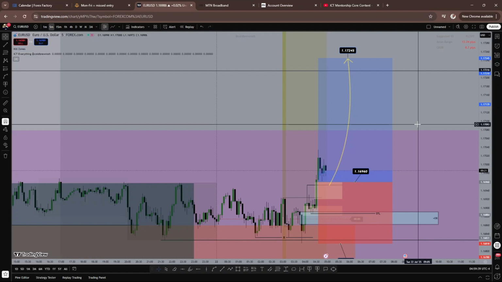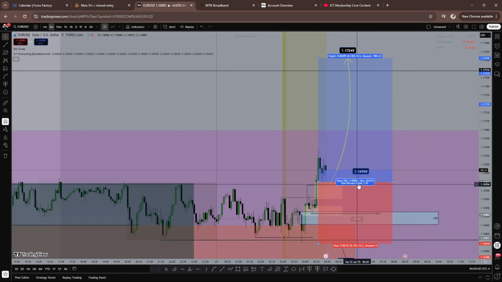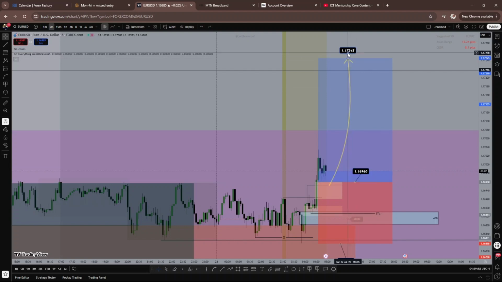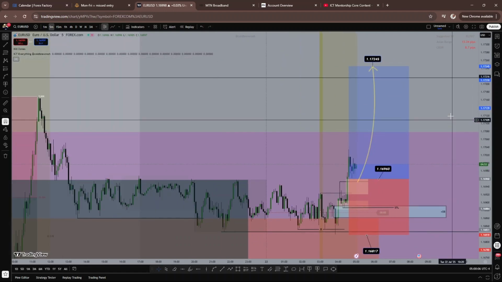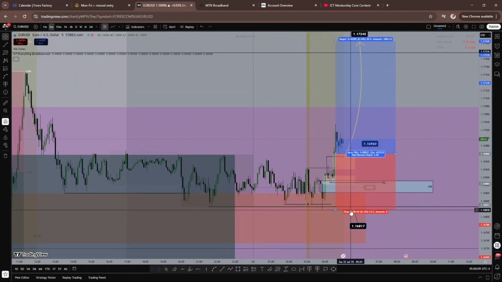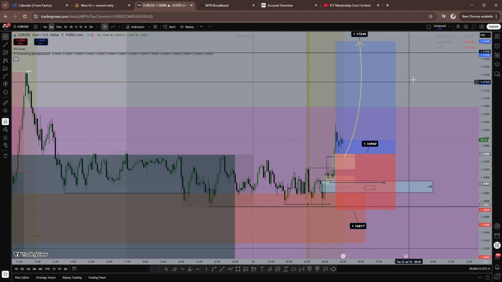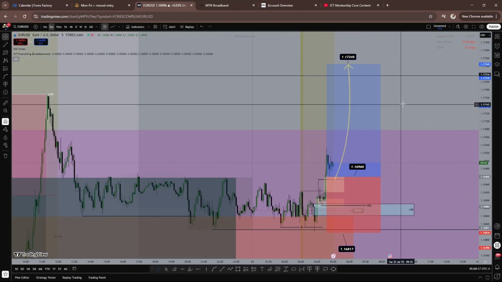I have this particular trade I'm looking at right now. It's looking so good. It's exactly my trading plan, and I'm trying to buy from this point right here, which is 1.16960. I'm taking my profit around 1.17245. So where's my stop loss going to be for a safe place? My stop loss is going to be down here around 1.16817.